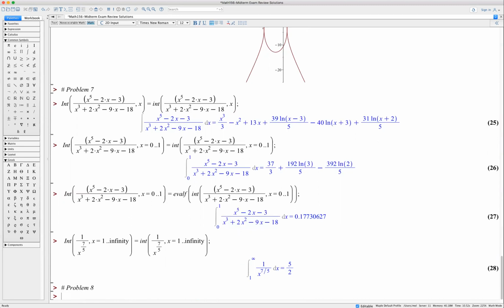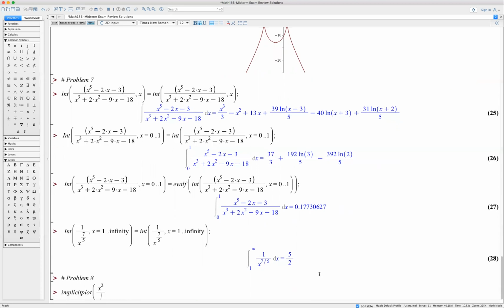Problem 8, we want to compute the area of an ellipse and plot it. Well, let me plot it first. I always like to plot things. So implicit plot. We're plotting the ellipse x squared over